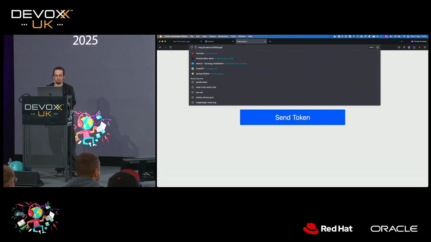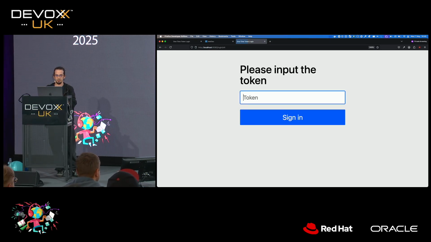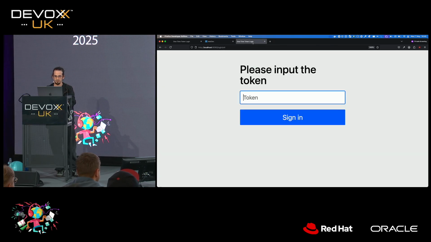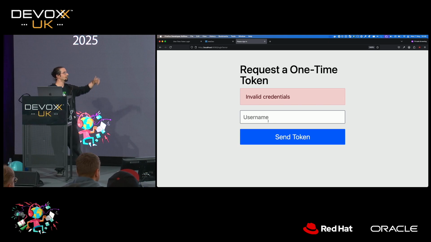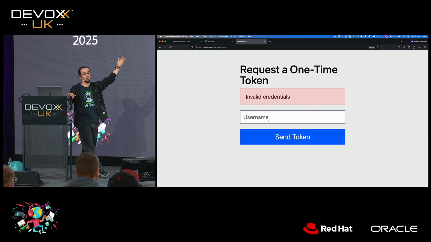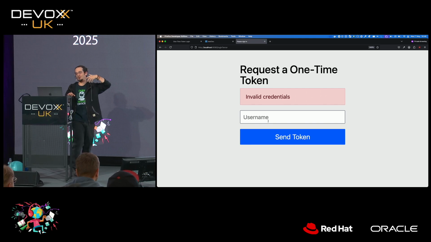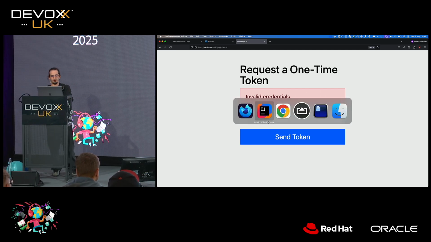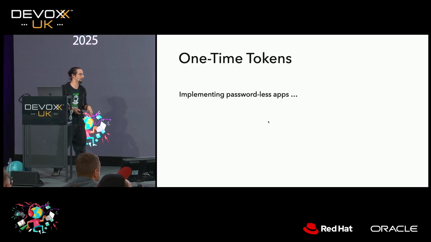If I log out of this, and then I go to the submit page again, the one where I can paste my token, if I copy this token here and sign in, of course it blows up because it's a one-time token, not a two-time token. And so it's a lightweight way to do passwordless login, which is great and fun and good, but you don't